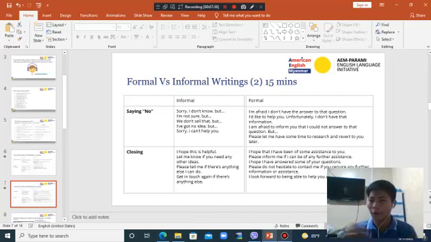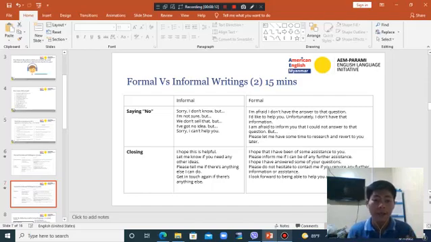So these are for when maybe your boss asks for some information through Messenger, or you have to reply immediately. So this is a bit spoken. And the next 2 are written, right? So for emails. I'm afraid to inform you that I couldn't answer that question, but I will search for more information for you and then get back to you. And again, the next one is, please let me have some time to research and revert to you later. That can be another alternative for you to reply if you do not know or you don't have the answer at the moment. So after all, we have to close the email.